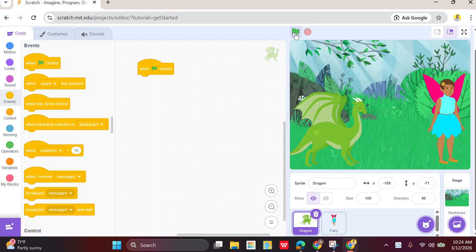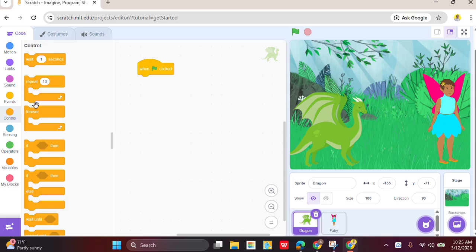So if I press this green flag, it will show some sort of animations, but what animations, that I decide by these blocks. So this is the main thing. Okay, so after when green flag clicked, what I need to do, I'll go to the control block and select a